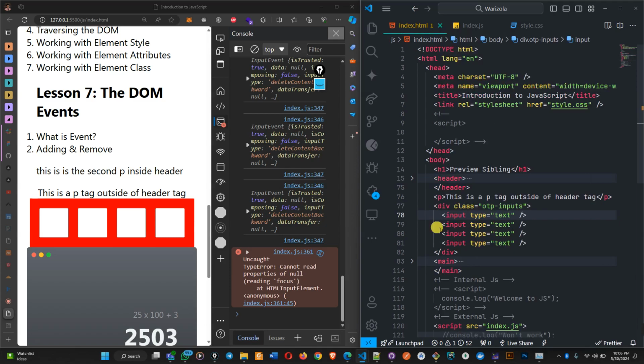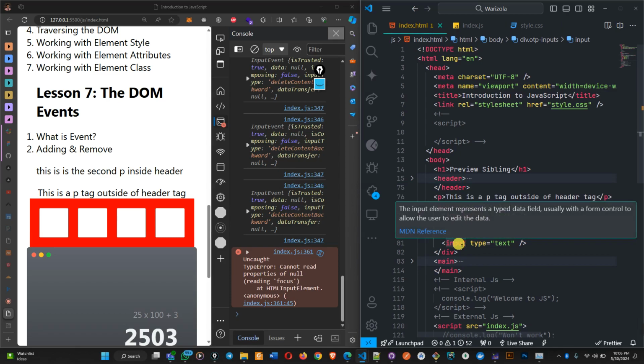method here. Or I'm on this first input, which is what we use for this OTP stuff. We're on this first input, but we want to move into the next one. And again, if I'm on the second one, I want to move into the third one. If I'm on the third one, I want to move into the fourth one. But I don't really know which one the user is going to be at a particular time. But I know that anytime they're on the second one, it should go to the next one if they input something inside the box, and it should go to the previous one if they clear what is inside the box, which means that you already have something inside the box and you now clear it,